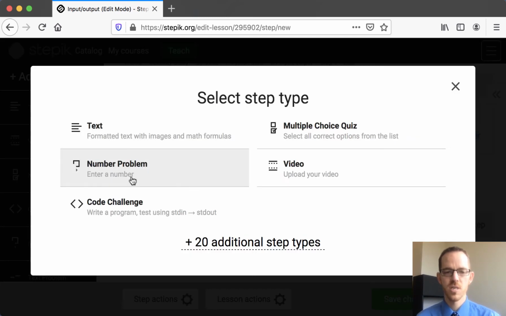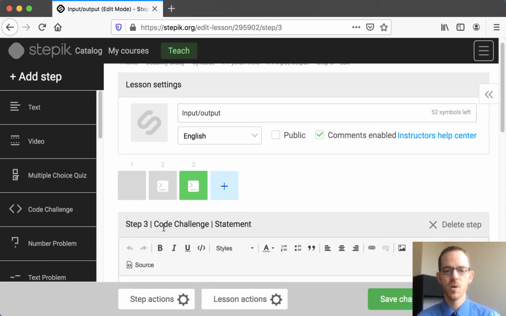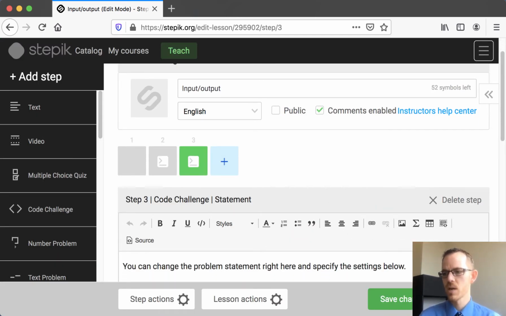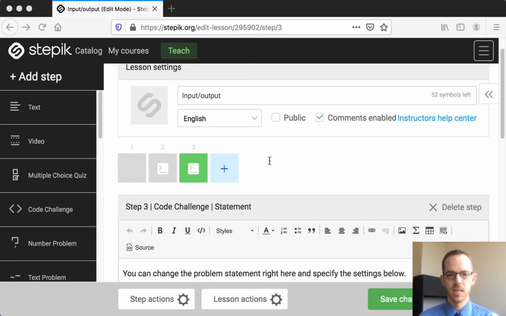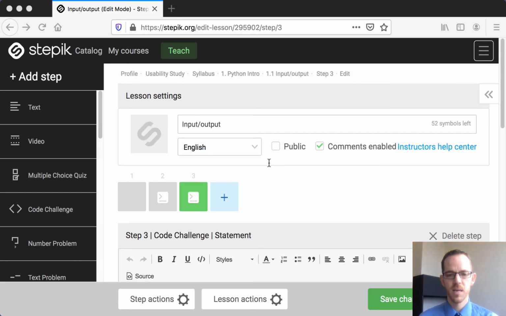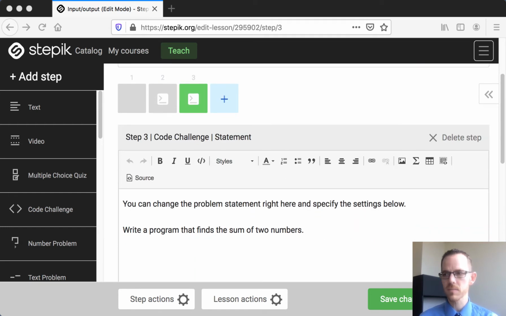Let's add a new step, and to be able to do unit testing like auto grading, we need a code challenge. And so here, to be able to do this, let's take the average of 3 numbers, and that'll be our step here. And so